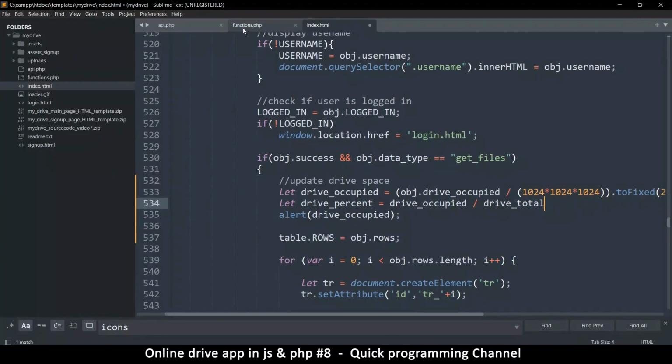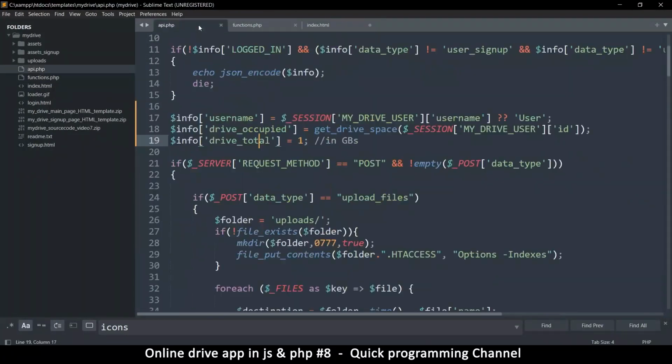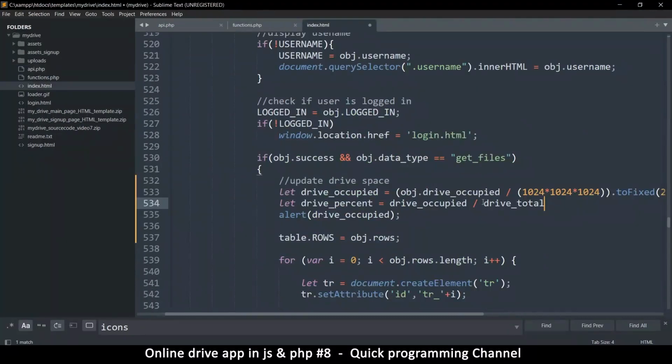Is that what it's called? Drive total, yes. So that drive total comes from obj. So let's try this. obj, which is the incoming data. If we divide these two like that and then multiply by 100, that will give us a percentage